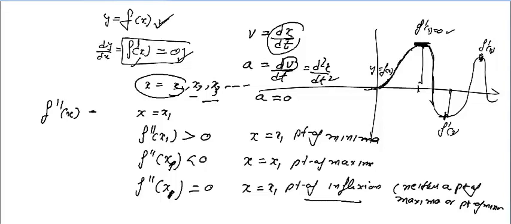Neither increasing nor decreasing. So how will you get maxima or minima? But when the acceleration is increasing, what is the meaning of that? It means the derivative of v with respect to t is greater than 0. It means the velocity is changing slowly. If you are driving a car and the velocity is increasing, then you are increasing the speed of the car slowly, so you are moving toward the maxima.